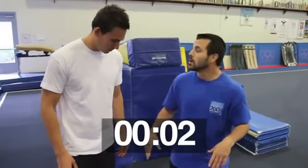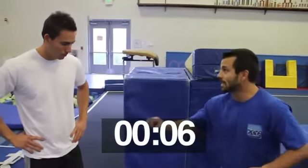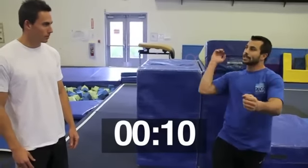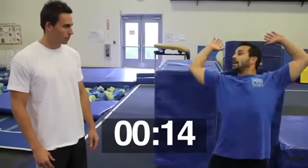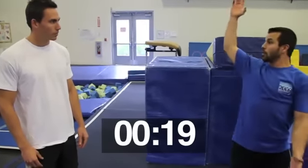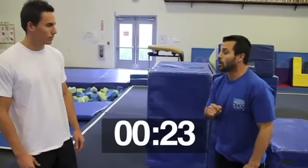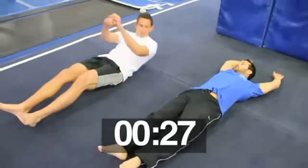Hey guys, this is David Agajanian. I'm the guy in the blue shirt that's helping Shane learn how to do a backflip. So right now what I'm telling him is we need to really stretch backwards and get a snap going, but that's after you've jumped in the air. Right now I'm just teaching him the first part of the idea of what's going to happen in the air, and I'm going to put him on the ground right now and teach him exactly how to do it